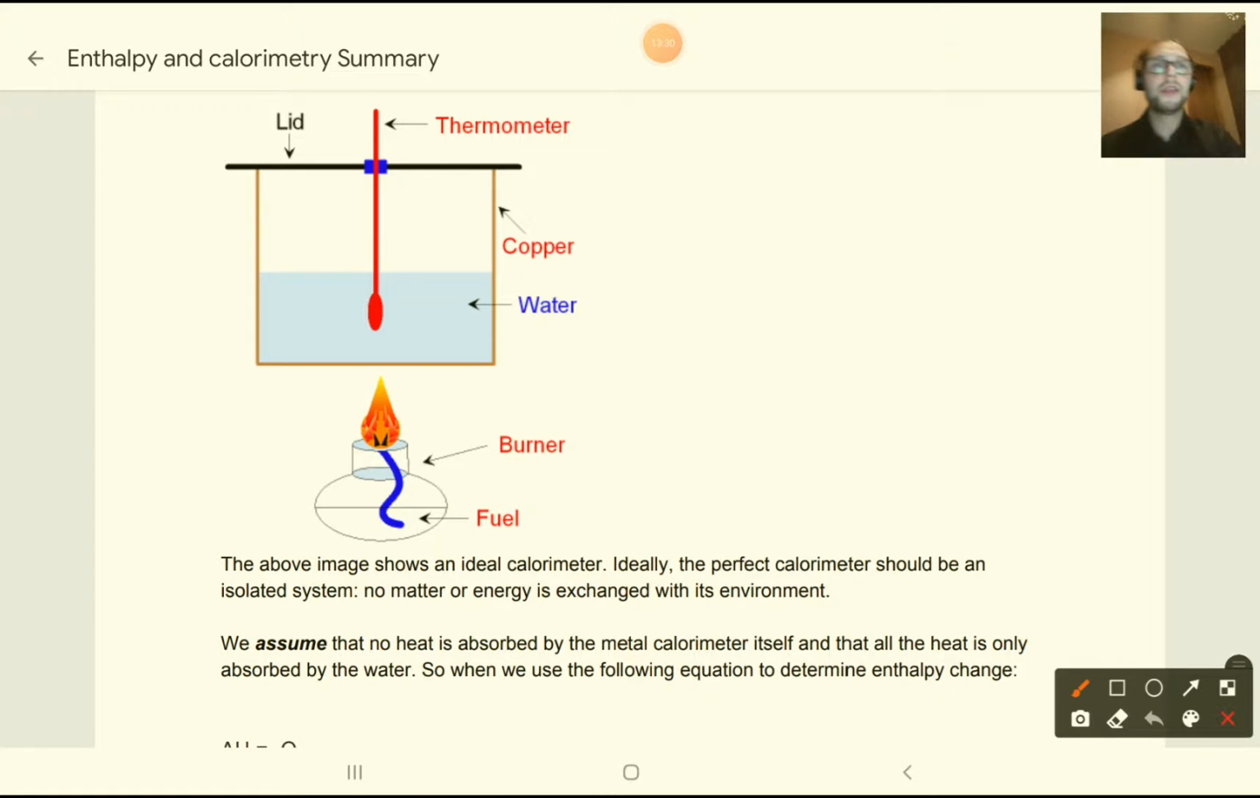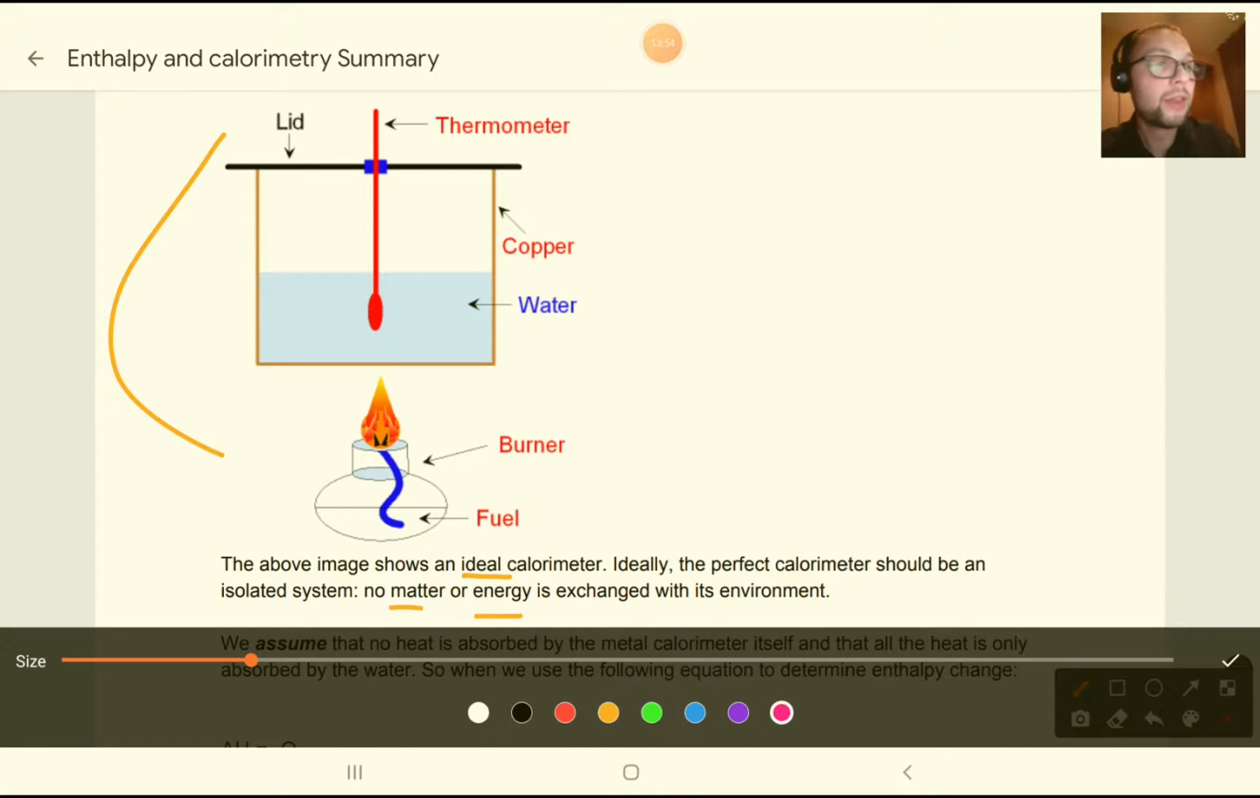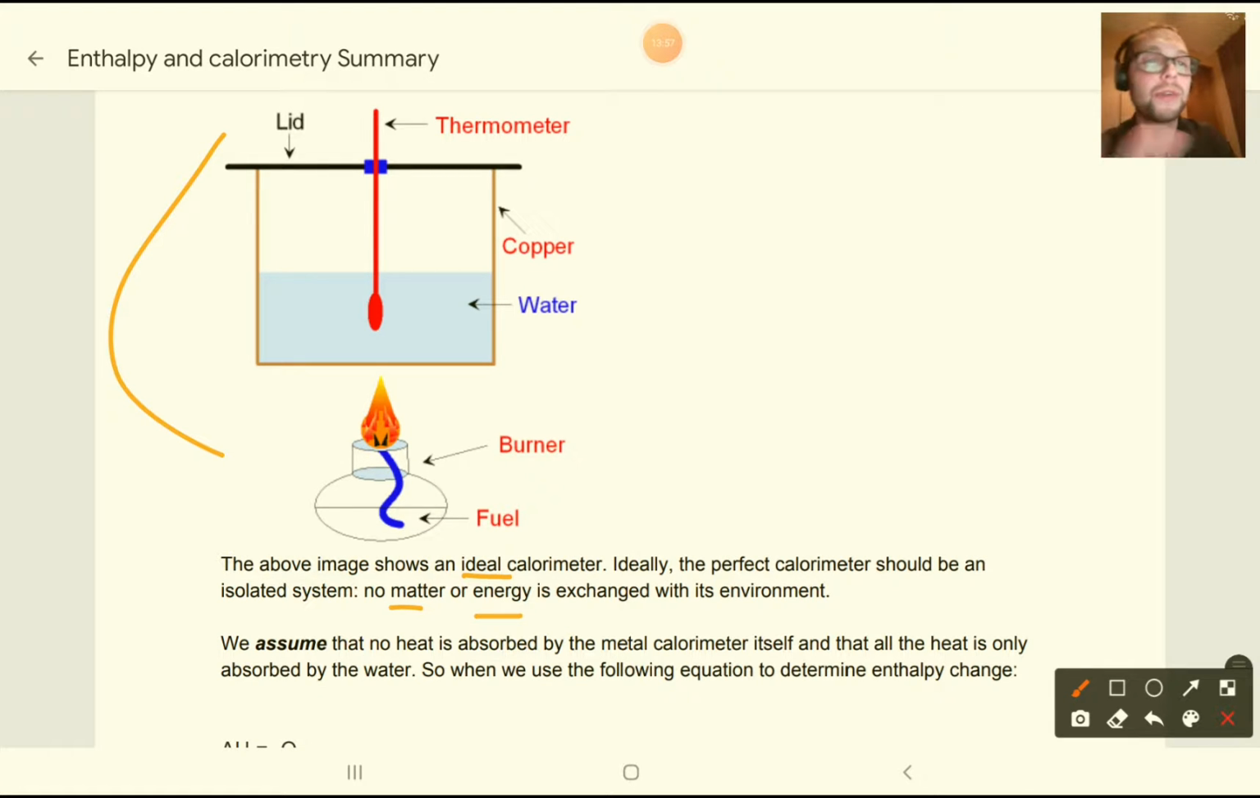So this drawing up here is what we call the ideal calorimeter. And it should be an isolated system, which means that there's no matter or energy that's exchanged. But as we can see here, that's not really attainable, so we settle for a closed system. We also, and this is a big thing, and I want both classes to underline this part. We assume, now it's not really true, but we assume that no heat is absorbed by the metal calorimeter itself, and that all the heat is only absorbed by the water,